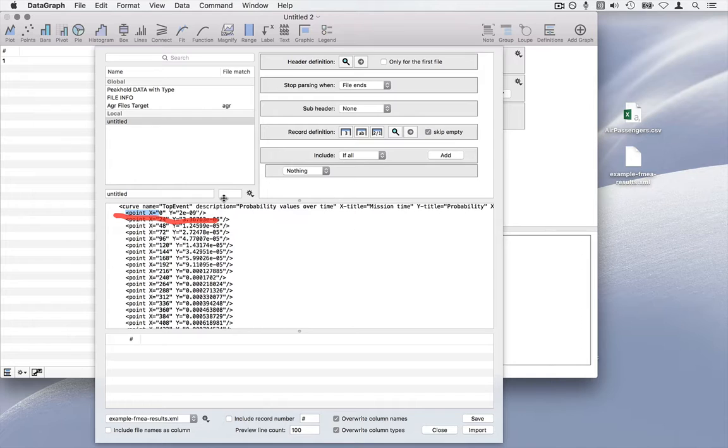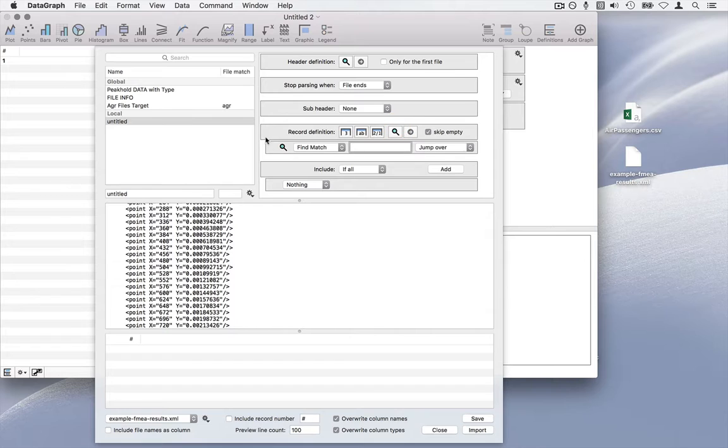I can copy that directly from my file here, and then I want to identify that line within this section called record definition. To do this, I use this little magnifying glass, and when I click that,